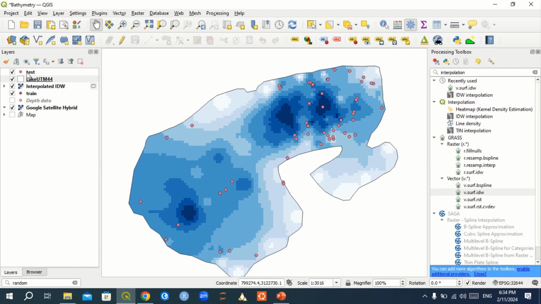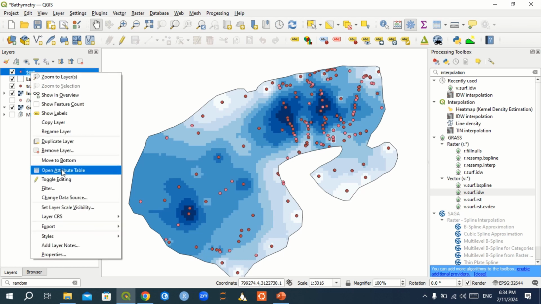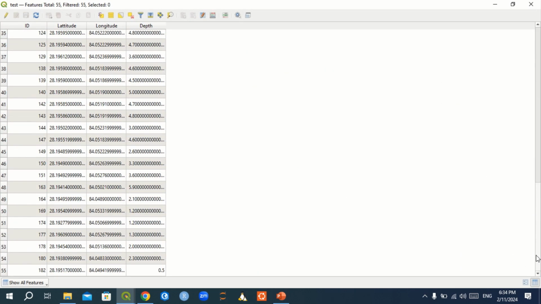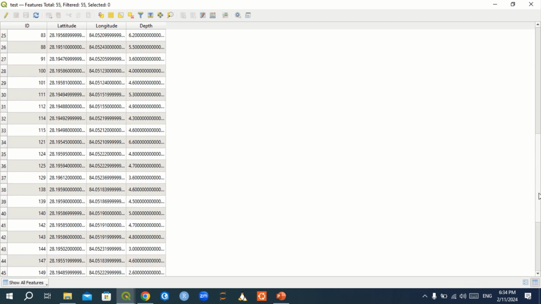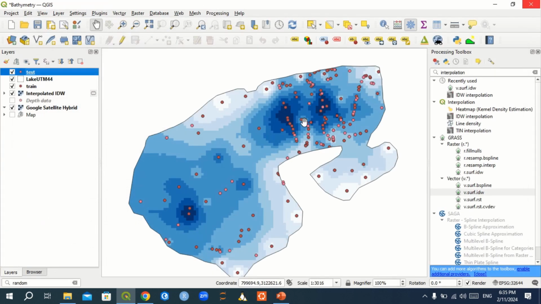So these are the training data set, these are test data. As I have already said, we will use these test data for validation purpose. So if we look in the attribute table of this subset, there are a total of 54 data points here. I think there are 55 data points here, which is 30% of the total data set. Now we will use a tool which will